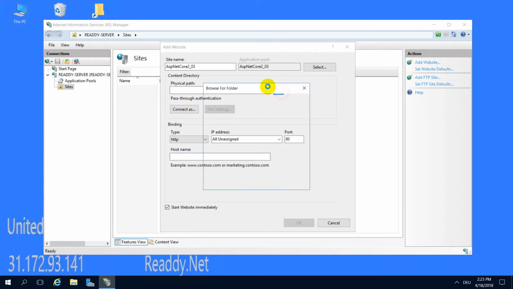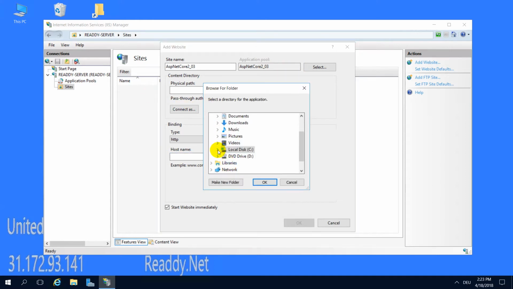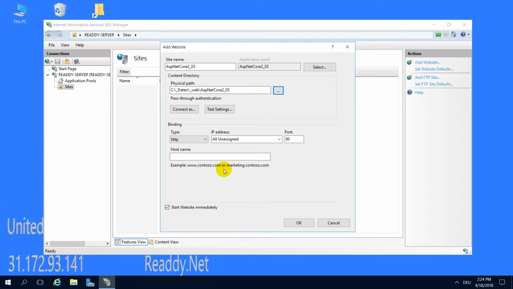Nothing to do here. We say, okay, where did I drop that stuff? I dropped it on my PC, data, web, and here. You don't take the wwwroot, you take this one. That's where the DLL is in there. Okay, and then